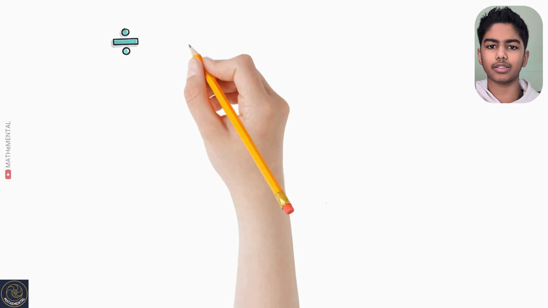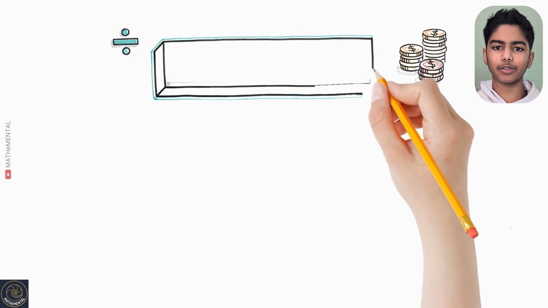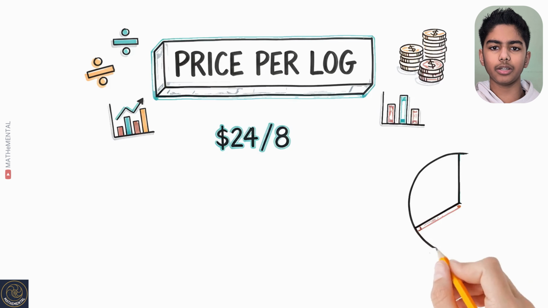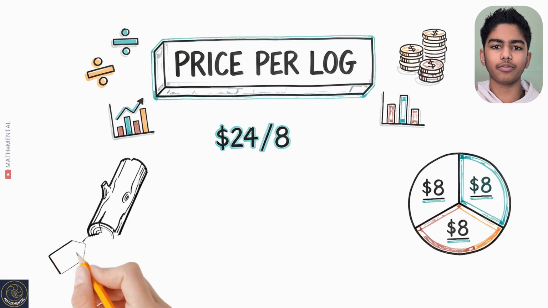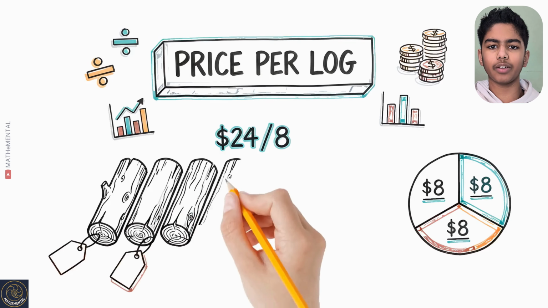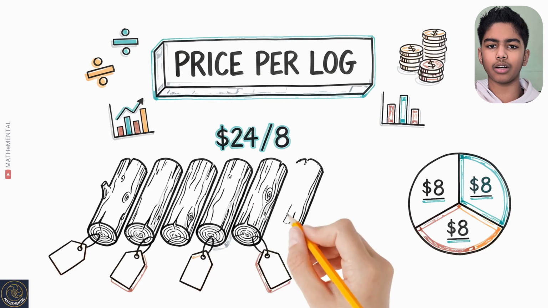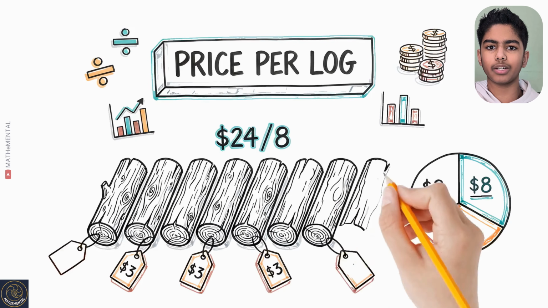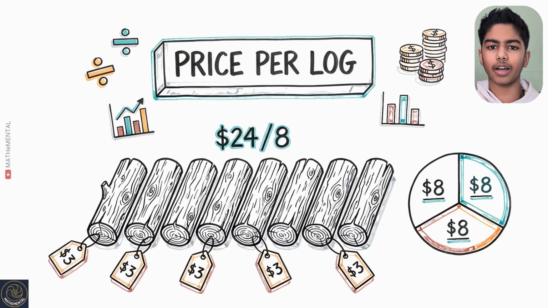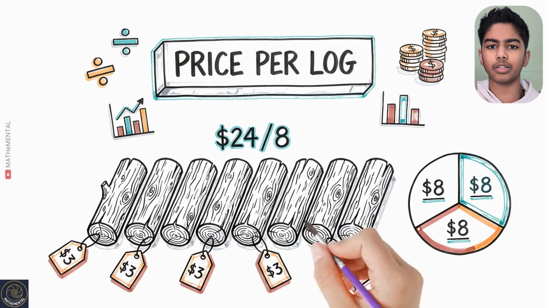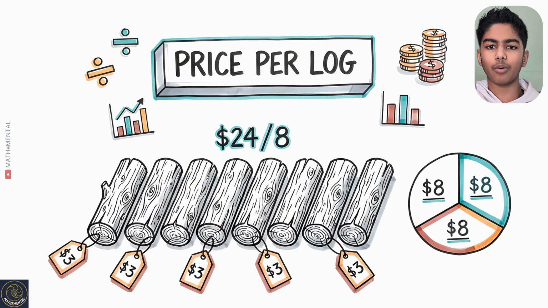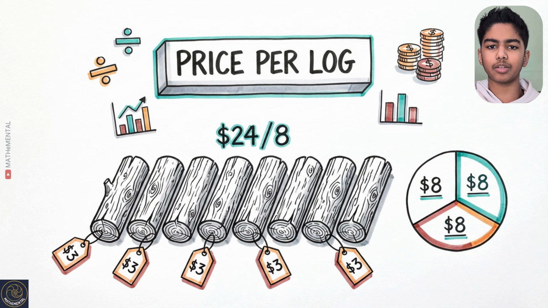The math changes. Now that we know the entire fire is worth $24, we can finally figure out the true price of the wood. Drop all 8 logs onto the floor. If we divide that $24 total by those 8 logs, suddenly every single log gets a strict price tag of exactly $3. Because they shared the fire perfectly equally, X, Y, and Z each personally consumed exactly $8 worth of that wood. Now we just settle the final accounts based on what they brought.